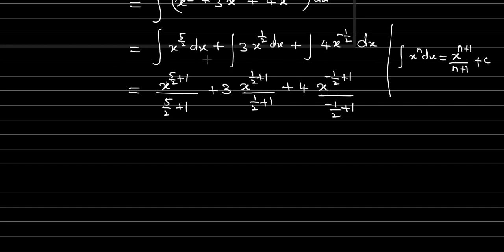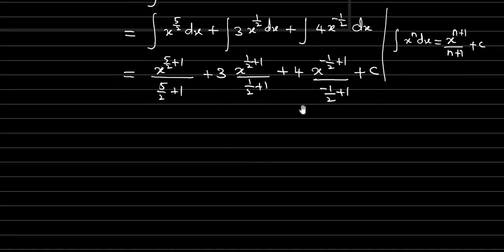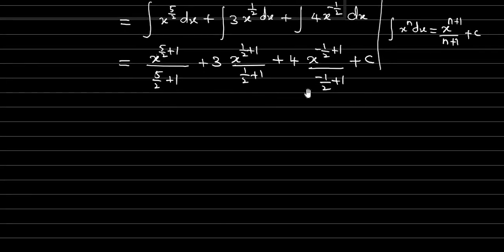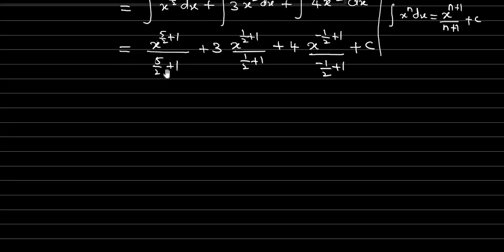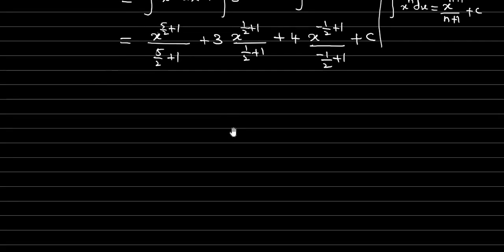So throughout the equation, all integrals are done, right? Since each and every integral is indefinite, put plus c. That's all, integration is done. But we should not leave the answer as it is. So we need to do simplification. The powers and all, so fractions addition we need to proceed.